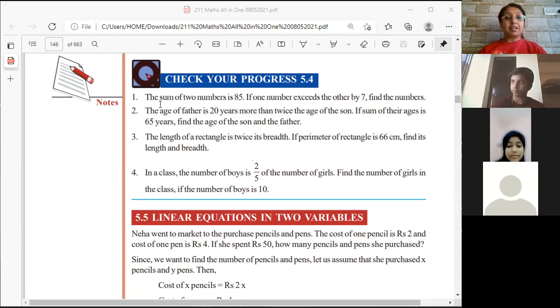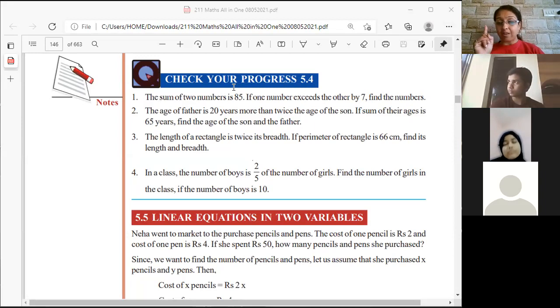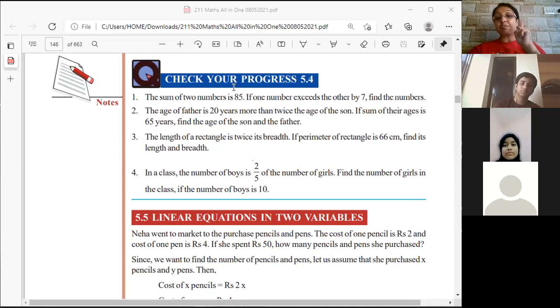Now, how many variables are we learning? One variable. We are doing linear equation with one variable. You can see on the screen 5.5. Can you see two variables? Yes. So there is a difference in making the equation when we are doing one variable and when we are doing two variables. If we are framing an equation where we are using one variable, that means we will have only one alphabet in the equation.